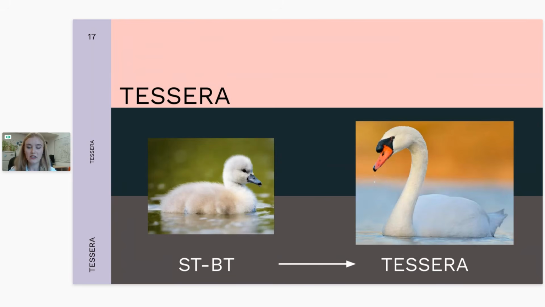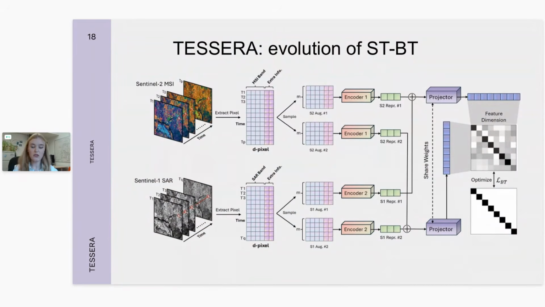So what makes Tessera different than spectral temporal Barlow Twins? On premise, the assumptions are almost exactly the same. What changes now is that besides having our twin pipeline, our twin approach for the Sentinel-2 multispectral data, which you'll see on the top row, we also have now Sentinel-1 or SAR data, which is incorporated in a very similar way. So this data is taken as a D pixel once again to views our input into the model, into the encoder. But after the encoder step, the outputs from the Sentinel-1 and the Sentinel-2 twin siblings are glued together,